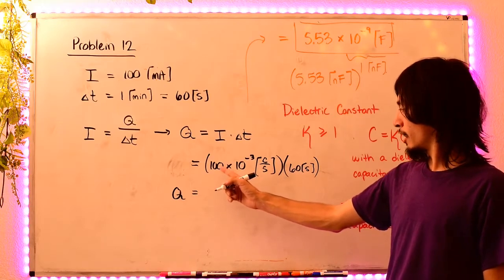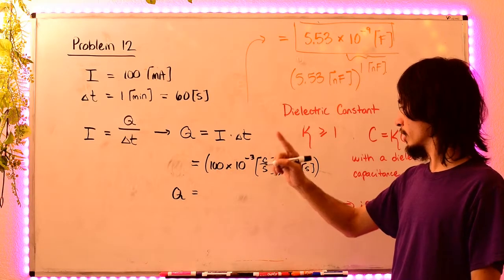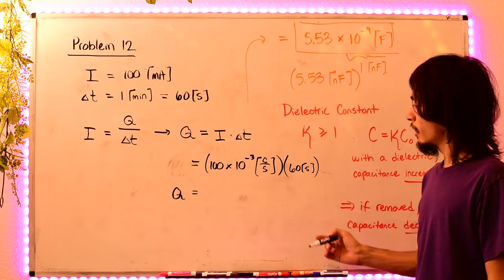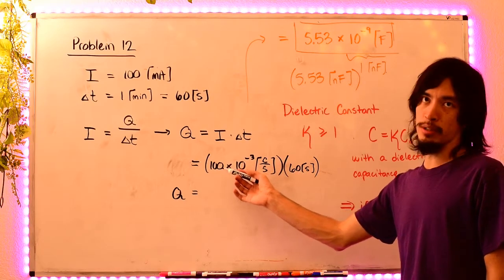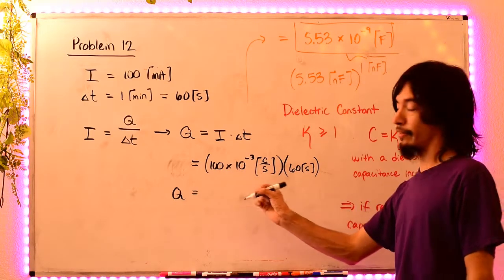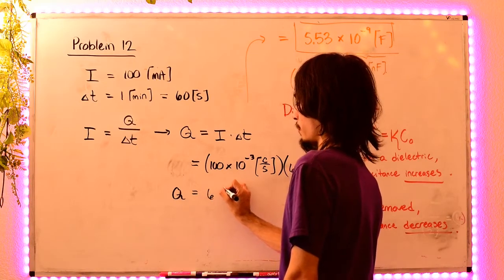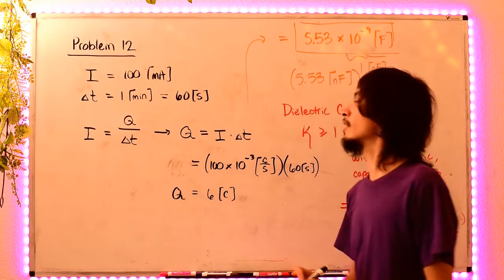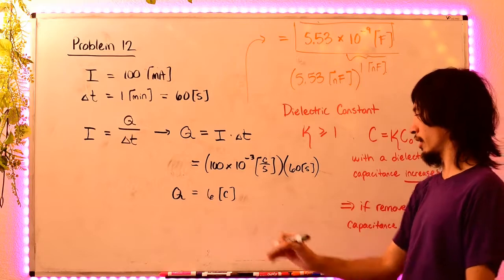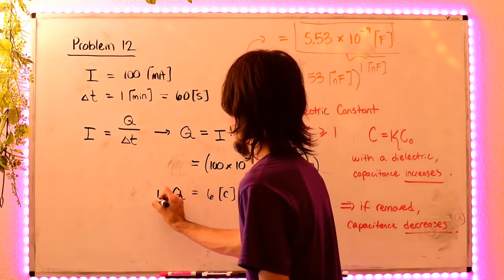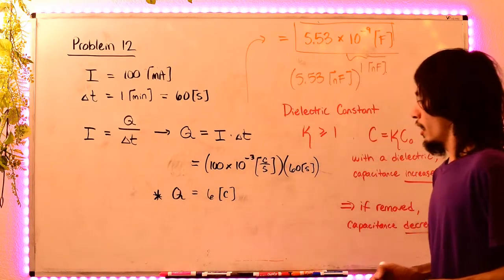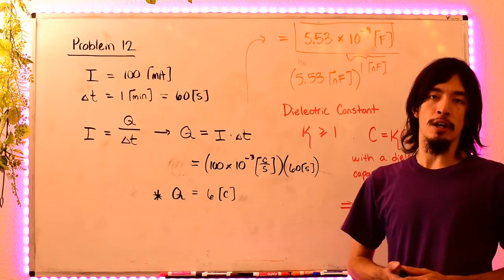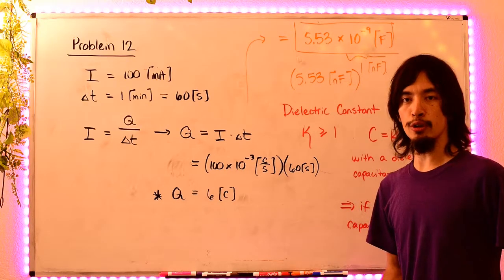60 times 100 times 10 to the minus 3. That would be 6,000 times 10 to the minus 3. That should give you, I think, 6 coulombs of charge, if I'm not mistaken. Correct me if I am wrong there, but you should get that right there. And once you get that amount of charge in coulombs, now we're going to do a conversion to the number